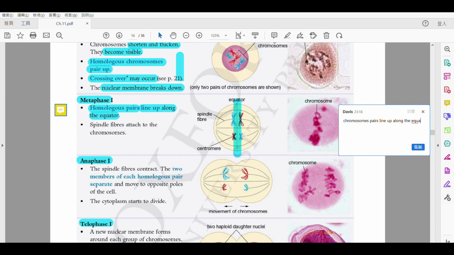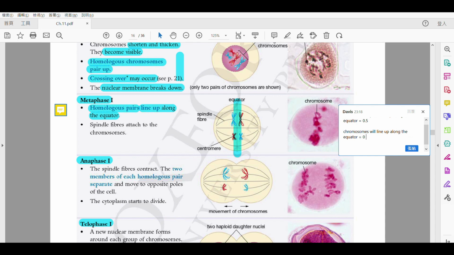This answer I would say is like 0.5, not very good. 嗱，呢個答案 chromosome pairs, I may still guess chromosome pair is something like homologous pairs, but you don't know how to spell homologous. OK，你可能唔識串呢個字，所以你寫呢樣嘢啦。咁我俾你0.5分嘅啫。